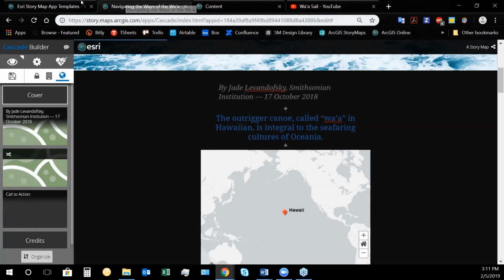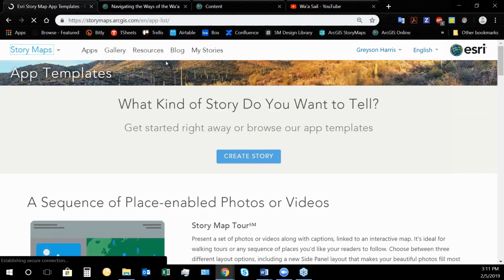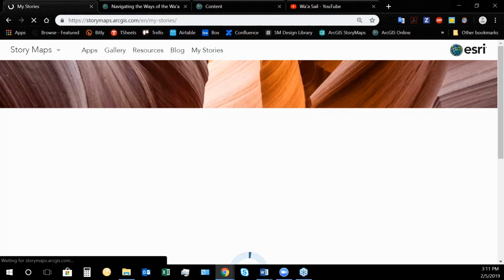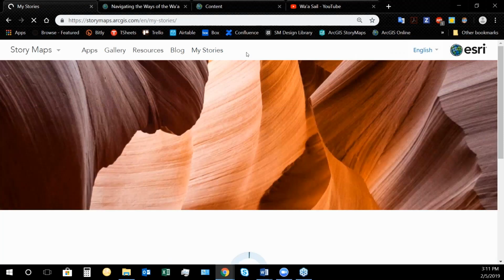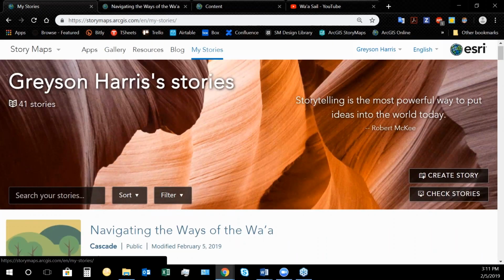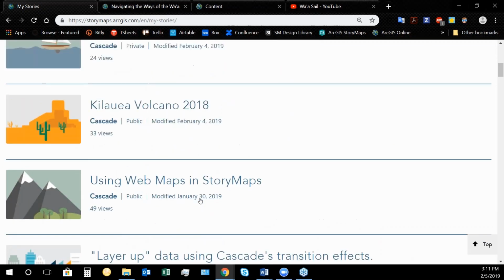So I'm going to skip back over to the Story Maps website for a second, just to show you some other great tools that we have available here. For your general management of story maps, we have this tab called My Stories. As I mentioned, story maps are equally a part of ArcGIS Online as your data and any web maps you might have. If you go to My Stories, you'll see some of that. You'll see specifically the story maps that are in your user account.